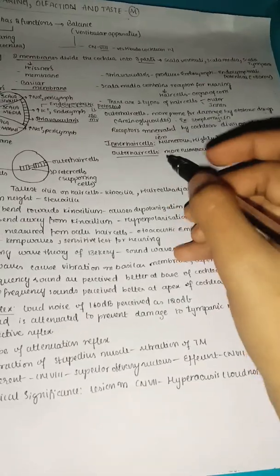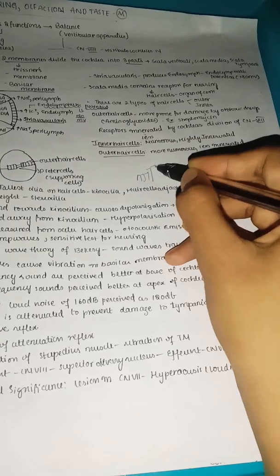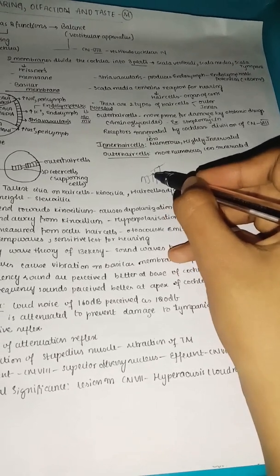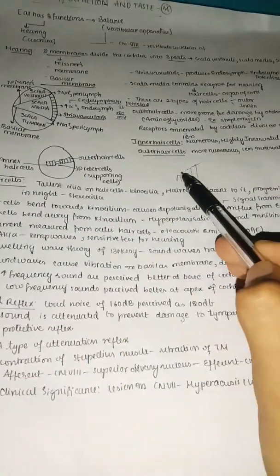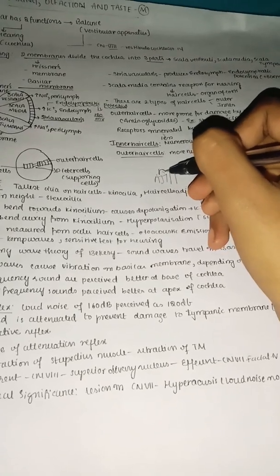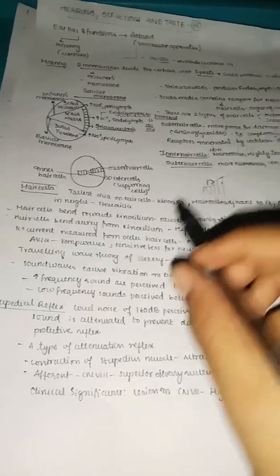So for example, I will draw it. So these are like hair cells. So here the tallest one is called kinocilia and the smaller one is called stereocilia. So hair cells bend towards the kinocilium. So if the hair cells are moving like this, these are the small hair cells called stereocilia. So if the stereocilia are moving towards the kinocilia, then the process, you can see here,